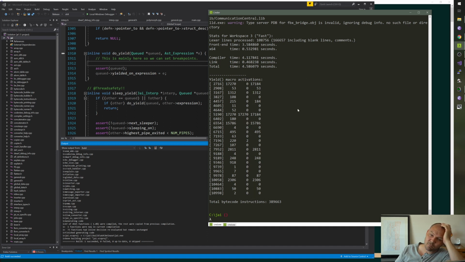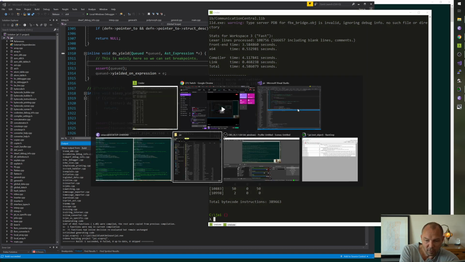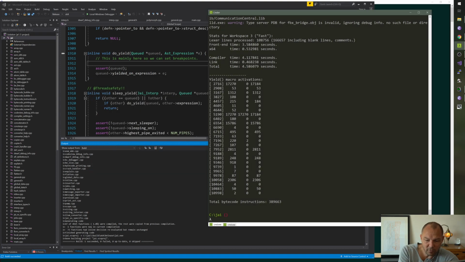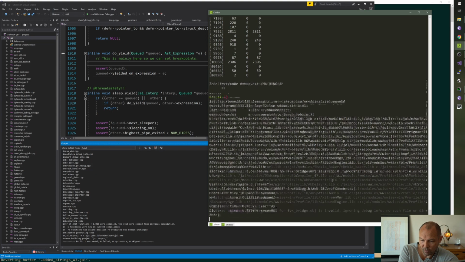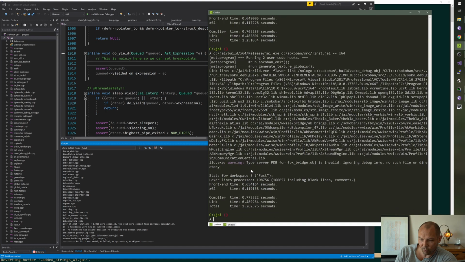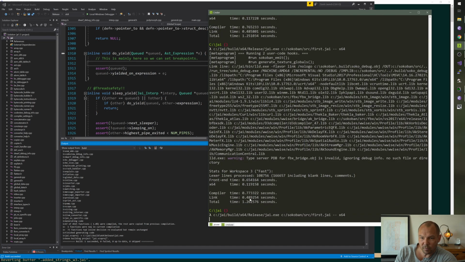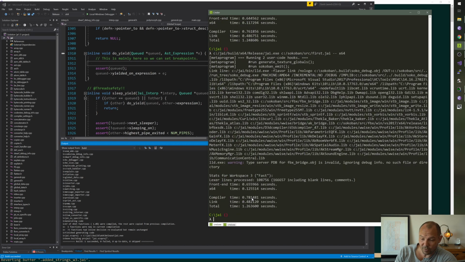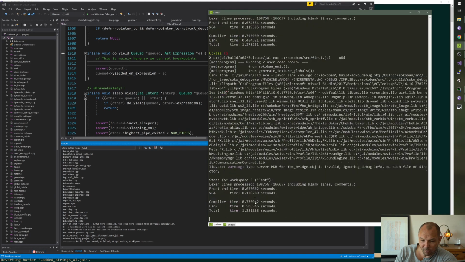It maybe doesn't matter, because we'll see if the number of yields actually goes down when we do the thing. But all right, now, with the caveat that what we're doing right now is while streaming, so it's slower, we've got front-end time 0.64. So let's just say 0.765. We're going to take a few and do a rough mental average. It doesn't matter because these measurements are so noisy. 773, 761, 781, we're getting slower.